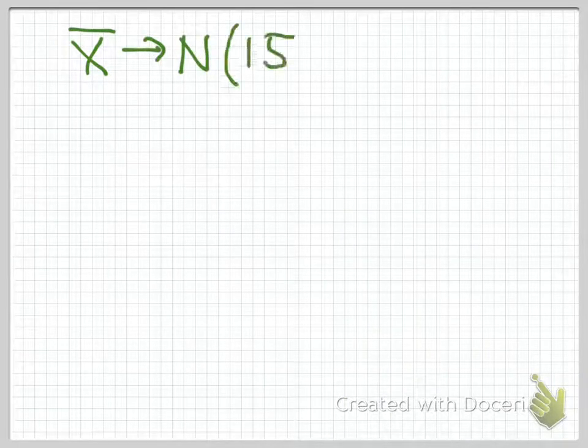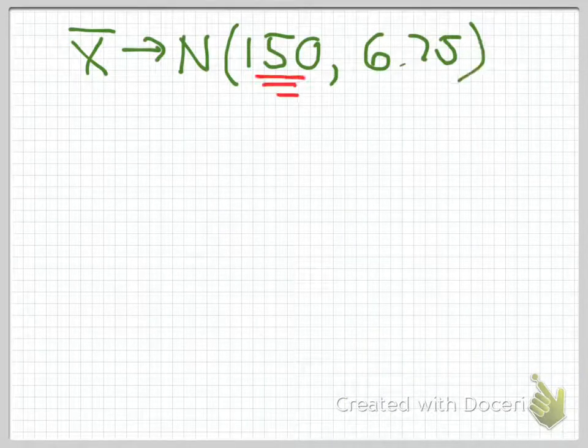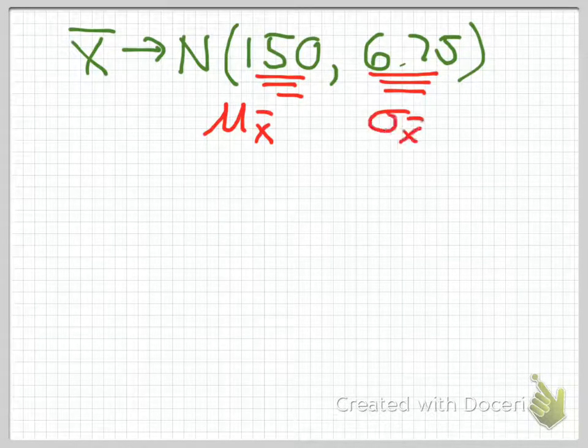So now we're all set to answer parts A and B. We have the distribution of groups of 16. We know that groups of 16 will be normally distributed with a mean of 150 and a standard deviation of 6.75. And those two numbers answer parts A and B. In part A, it says, what is the expected value? The expected value is just the mean. It's a fancy term for the mean. So the mean of the sampling distribution is 150. And the standard deviation of the sampling distribution is 6.75. And again, that formula, sigma over root n, the standard deviation over root n, is one of the landmarks in Chapter 8, so you need to make sure you're comfortable with it.